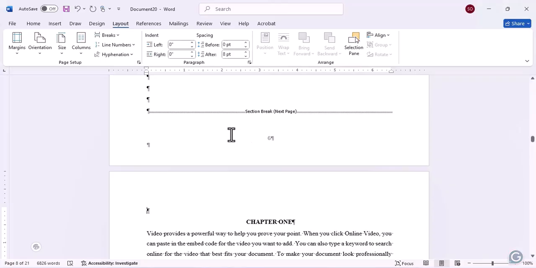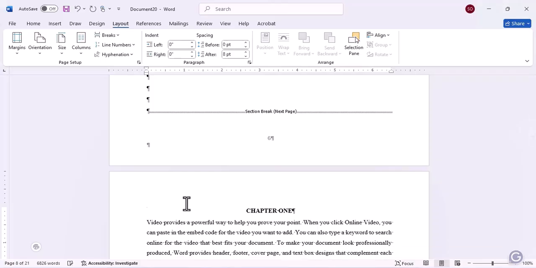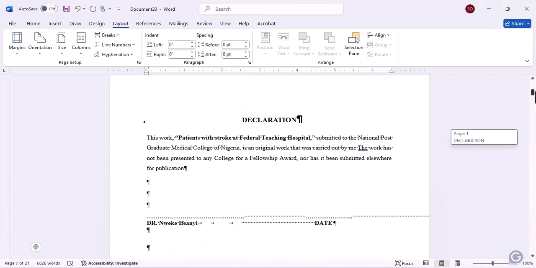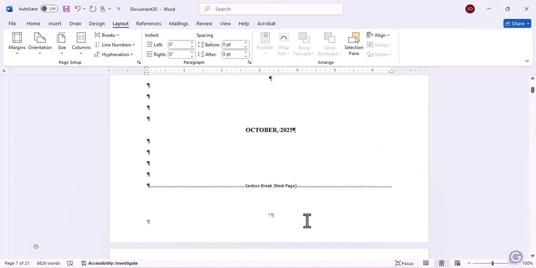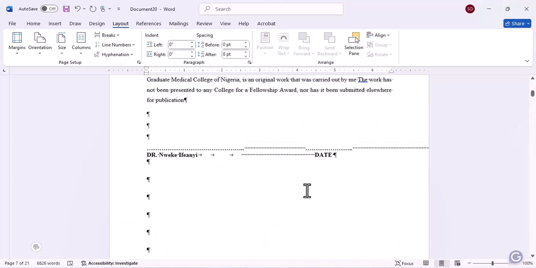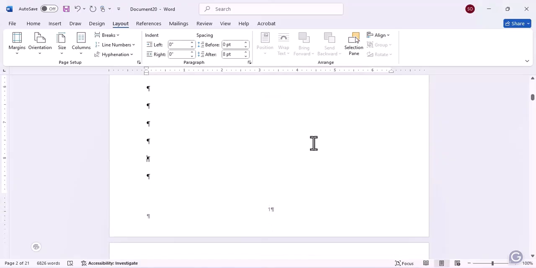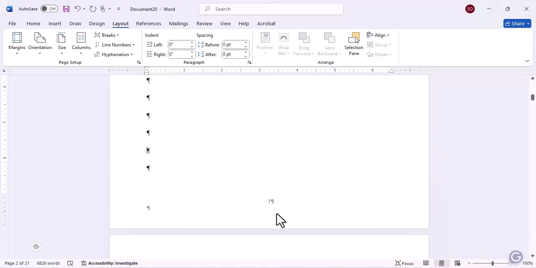Now the cursor is taken to the main work. And so for me to bring up this Chapter 1, I can just press Delete on my keyboard. The Chapter 1 comes up. If you've done this, the next thing you will need to do is to click on the first page of our preliminary pages. If you've clicked on that, double click on the footer of that first page of the preliminary